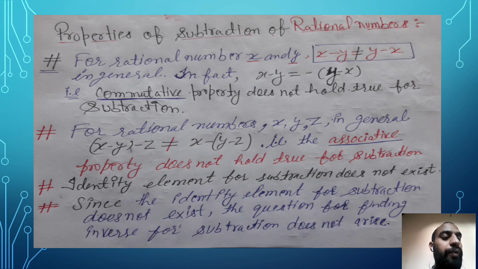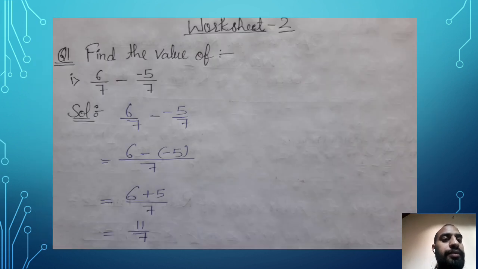So in the first worksheet, true and false, there are two questions like additive inverse. Additive inverse means the same number having a negative sign. And one more property of additive inverse is when we are adding a number and its additive inverse, we are getting the answer equal to 0. That's why 0 is the additive identity. But in case of subtraction, this case is not valid, and in subtraction there is no identity element. So let's move toward your worksheet now.